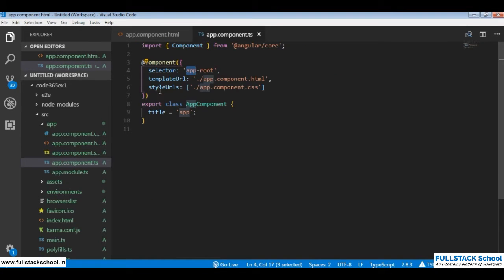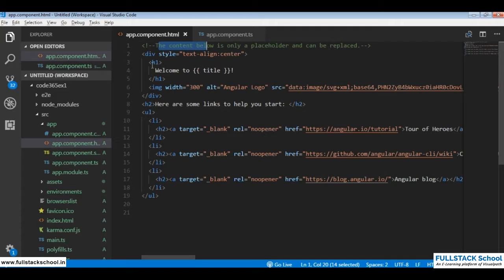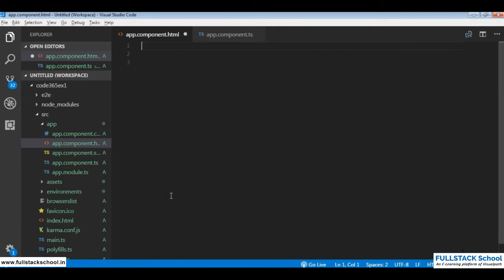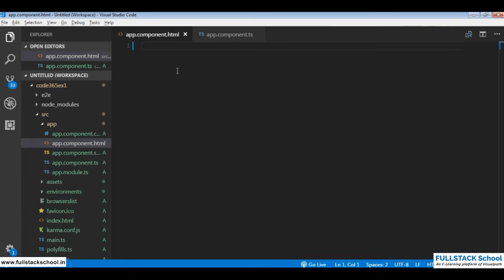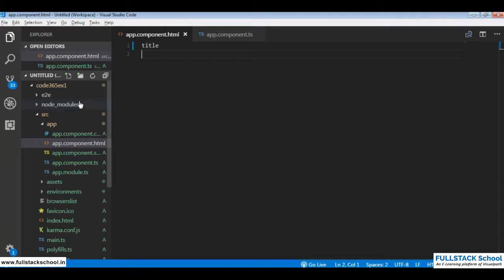If you see, we have something like this. I'll better remove all this information and I'll save it. The moment I save, the project reloads and you see nothing for the moment. And I type something called title. I'll save this. Now you see title coming on to the browser. But now for the same title, if I put it in a set of brackets, I'll have a BR break line. Now I'll save this. You see, app.